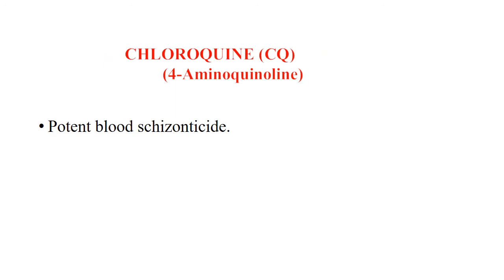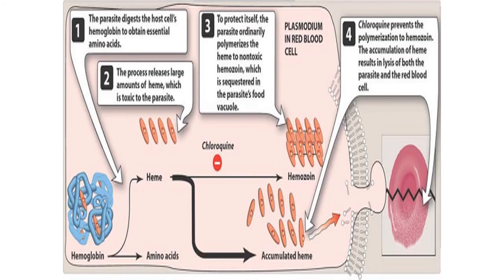Now chloroquine, a 4-aminoquinoline, is the most important drug in antimalarial drugs. And the mechanism of action, clinical uses, and adverse effects of the drug are most frequently asked in the exams. It's a potent blood schizonticide. This shows the mechanism of action of chloroquine. Actually, it happens when